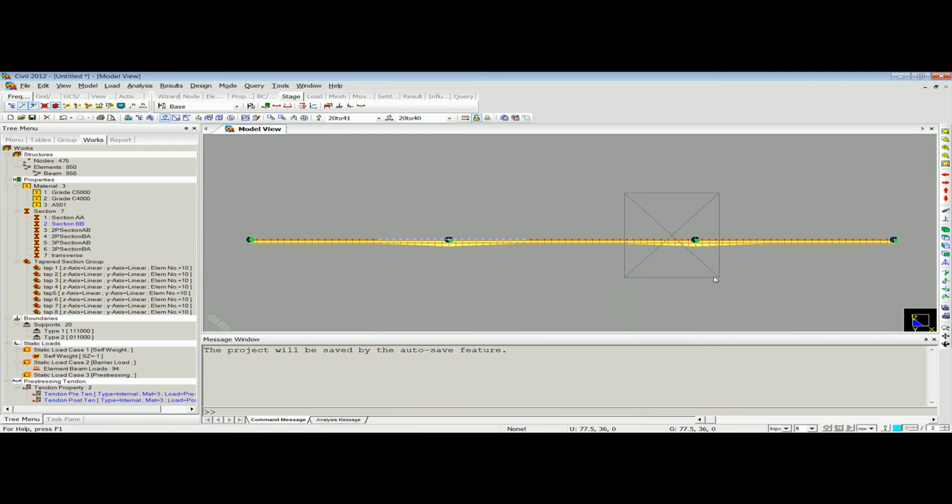In the second construction stage, this segment would be installed. In the third construction stage, the left segment would be installed. In the fourth construction stage, the right segment will be installed, and in the fifth construction stage, the middle segment will be installed. And these different segments will already have some pre-tension type of tendons, so we will define some